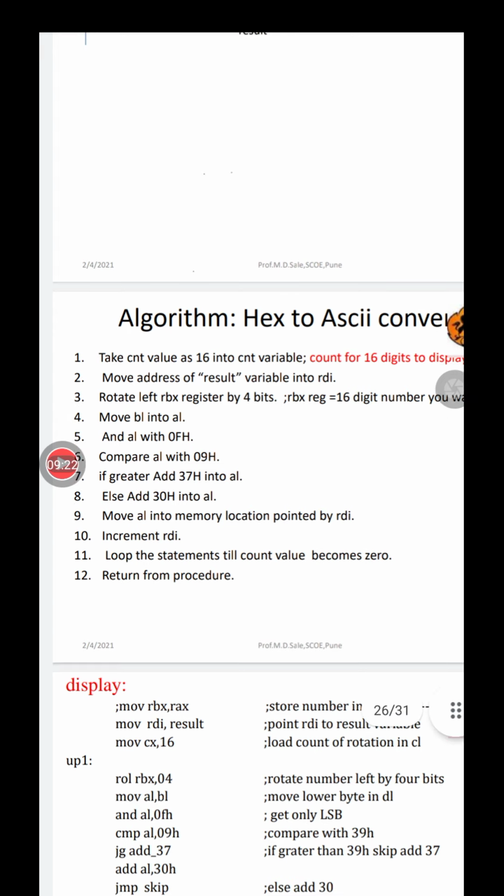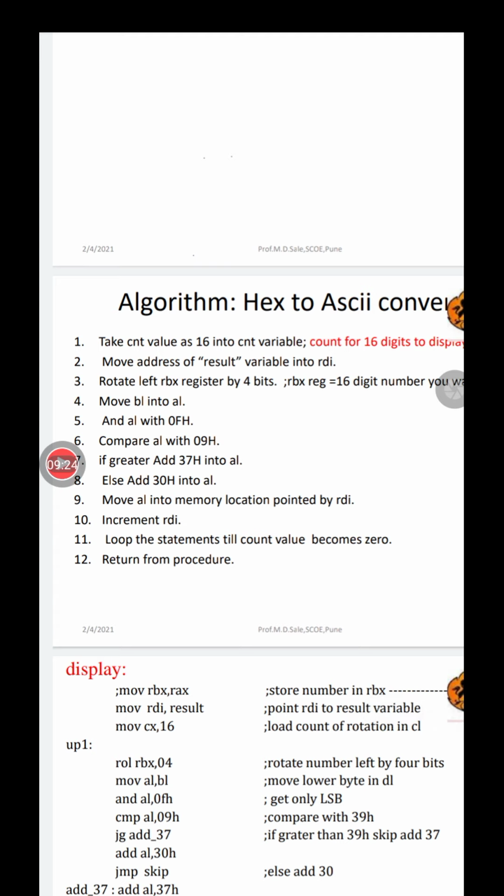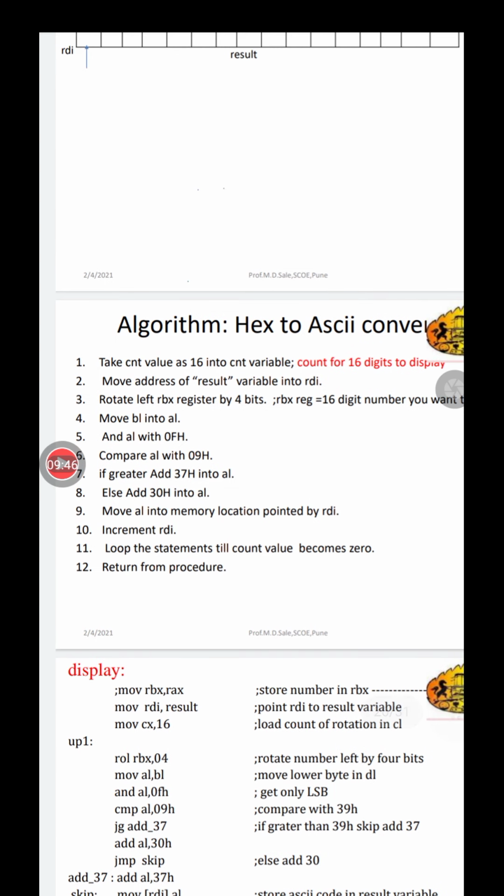Then I will move the address of the result variable into RDI. I am using the result variable for storing the ASCII values of individual digits, so I have to use the pointer to that ASCII array, so that I can use it for the write system call. Then I have to separate out each individual digit. For that purpose, I will rotate left the RBX register by 4 bits.